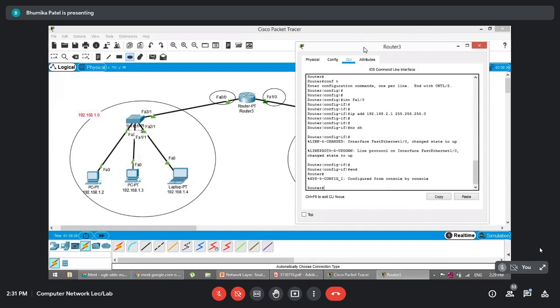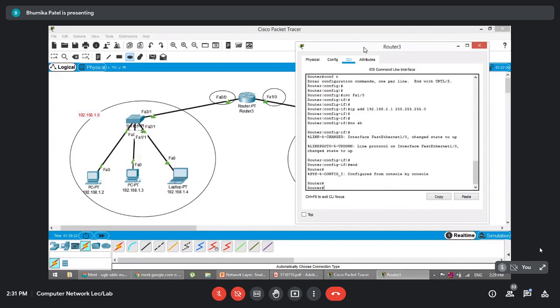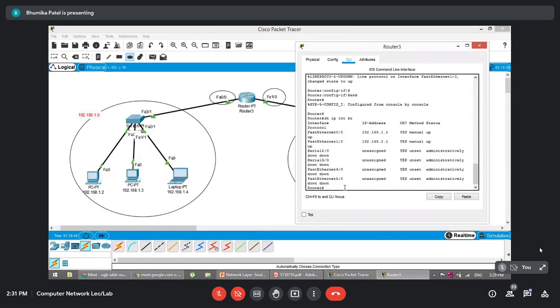I'm just coming out of this configuration mode. Okay, now if I want to see whether I have assigned this IP address correctly or not, for that you can type show, that is sh IP interface in brief. So sh for show, IP int for IP interface, and br is for brief. If you just type this and enter, you will be able to see on which interface what is the IP